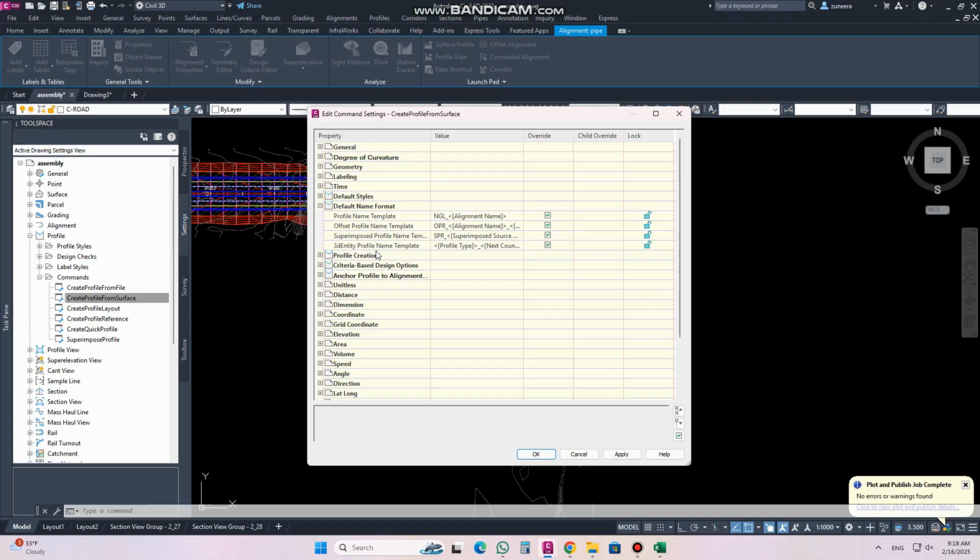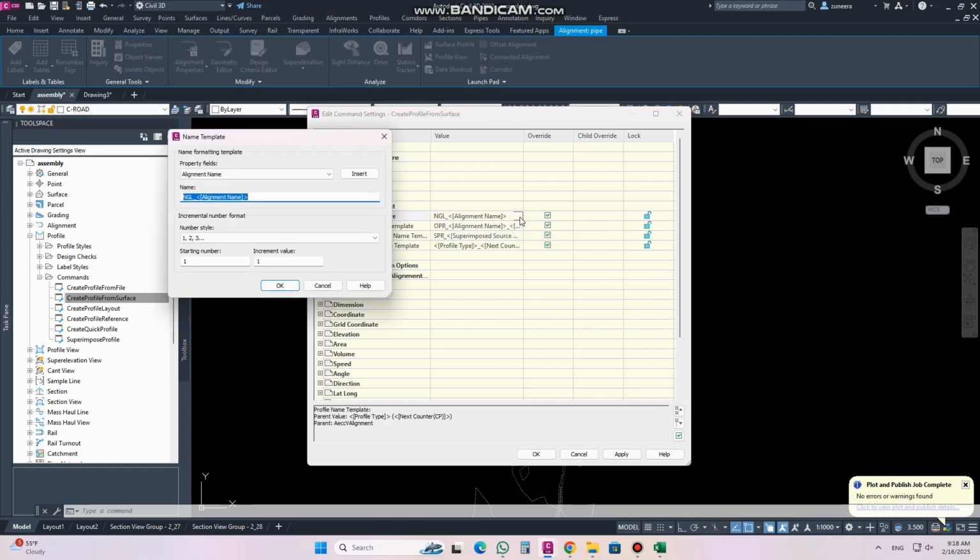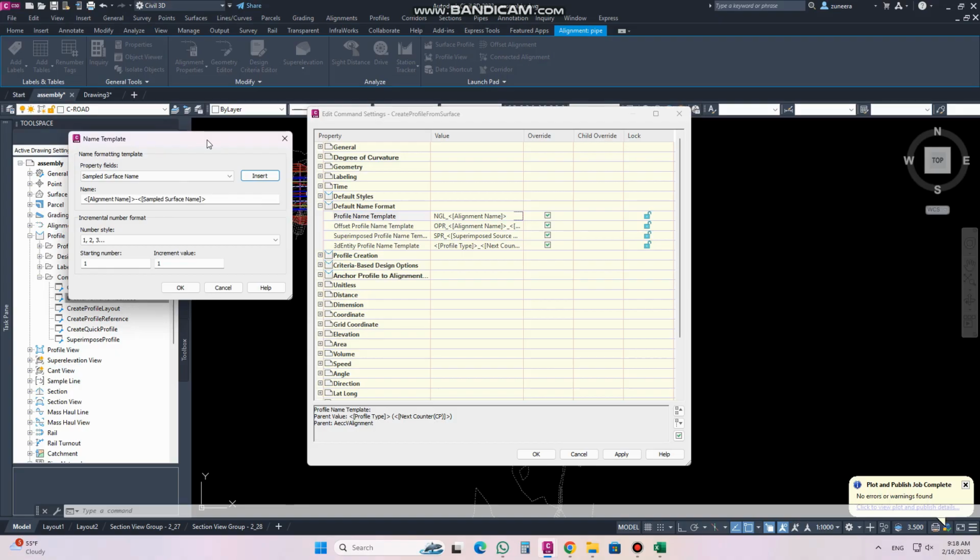From here you can select the NGL option, the profile name template. Just select here your alignment name. You can see here, just select and insert alignment name, dash, then the surface name, and then insert,